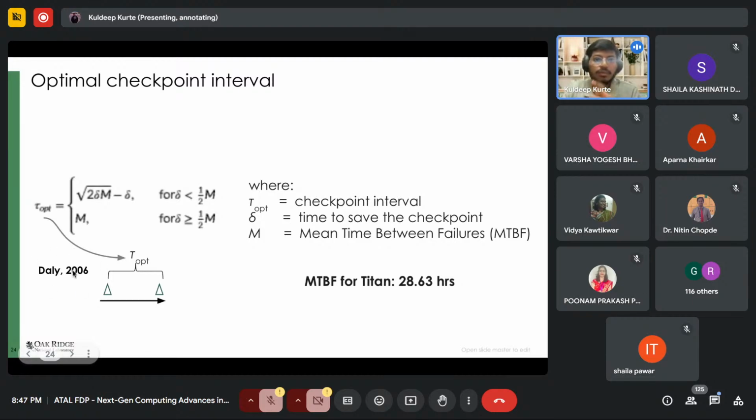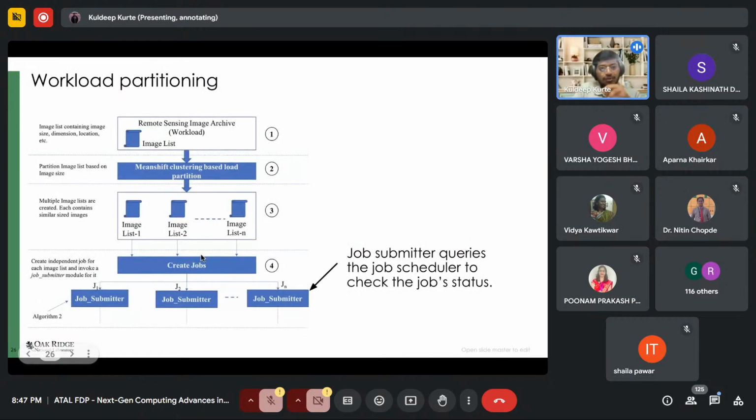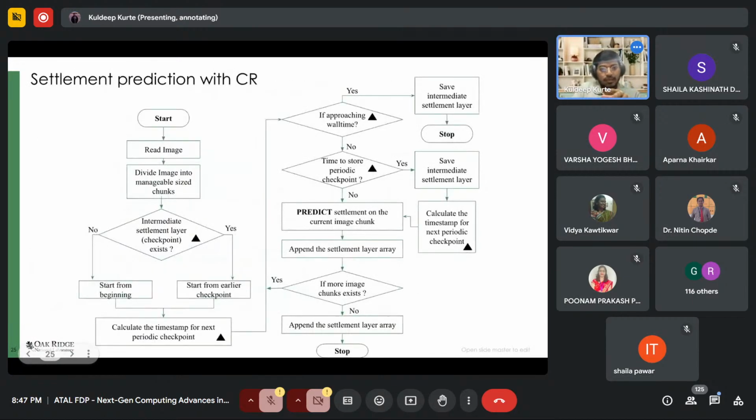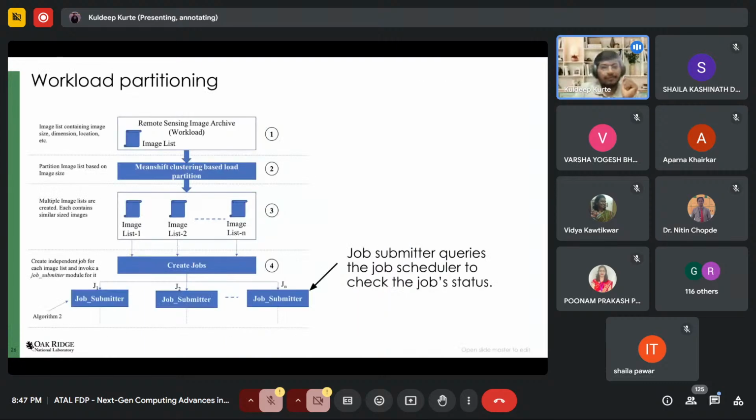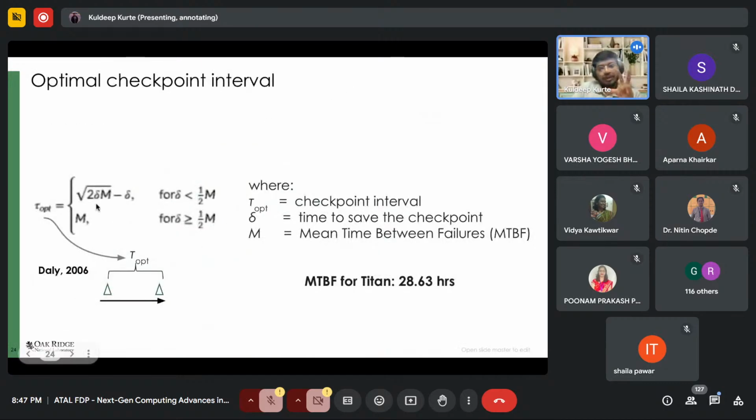This paper specifically talked about the optimal checkpoint interval. I'll explain this, and then we will move to the final part where I will explain this particular graph. This optimal checkpoint interval, T optimal, is actually a function of